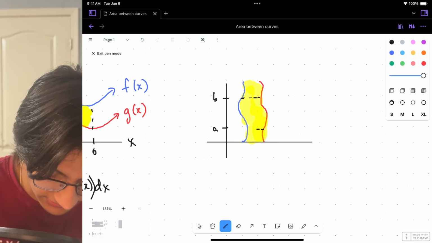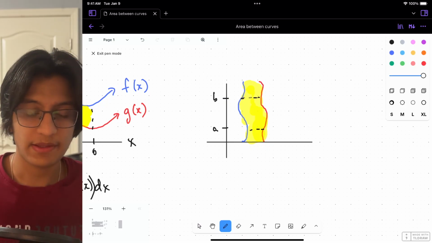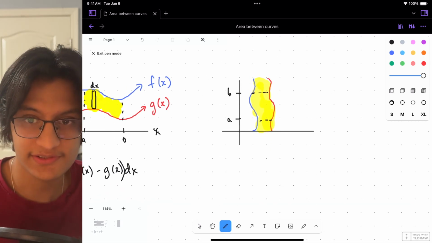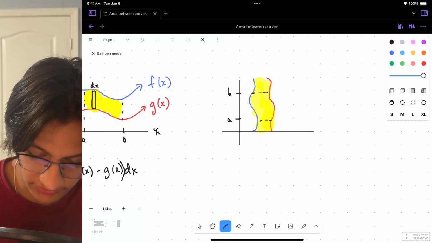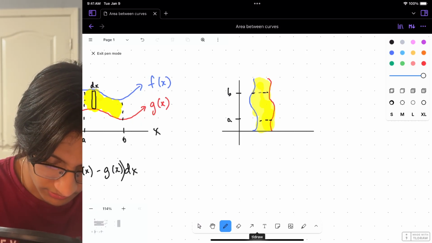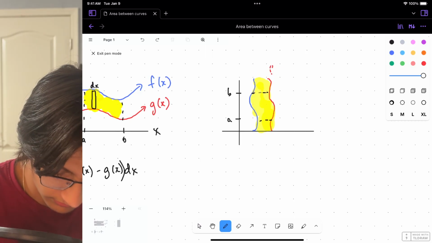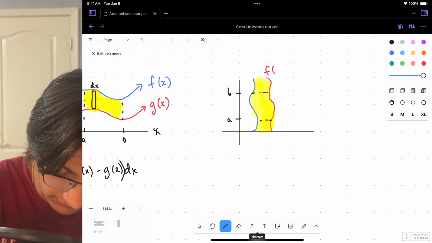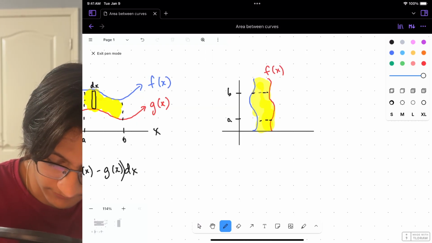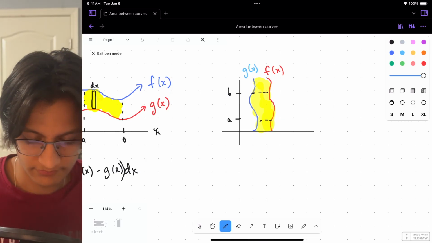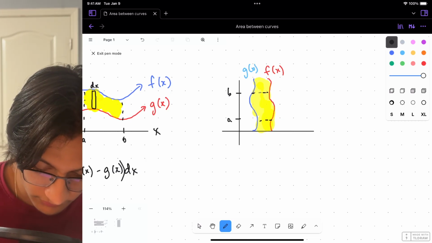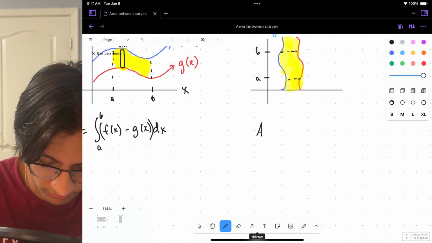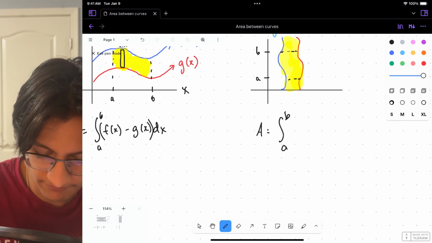Yeah, so we're just looking at this area, correct? So for this, what we're going to do is take the red function minus the blue function. All right, so I forgot to label these. This is going to be f of x, and the blue one here is going to be g of x. I hope that makes sense, right? So what is the area going to be? It's just going to be the integral from a to b of